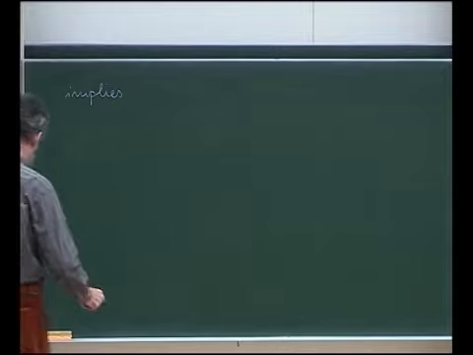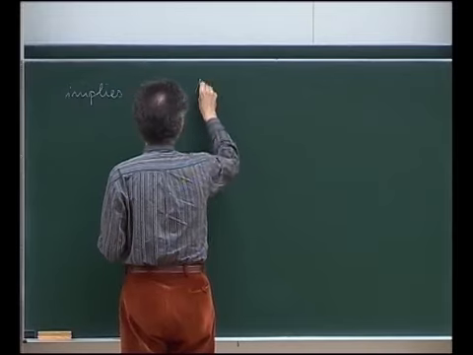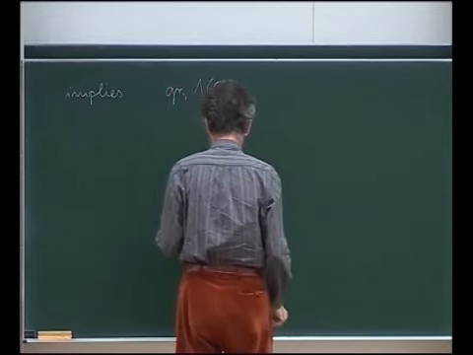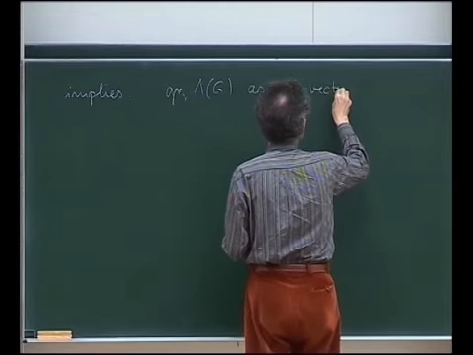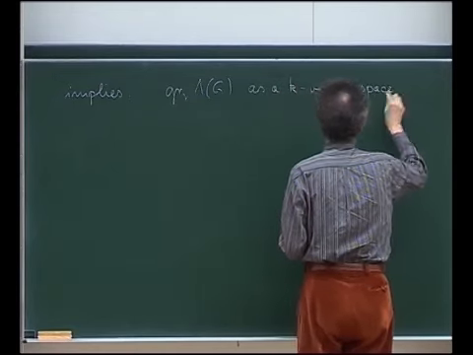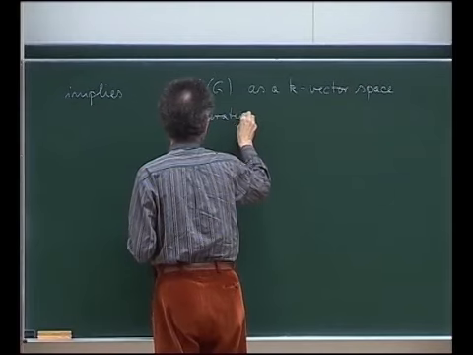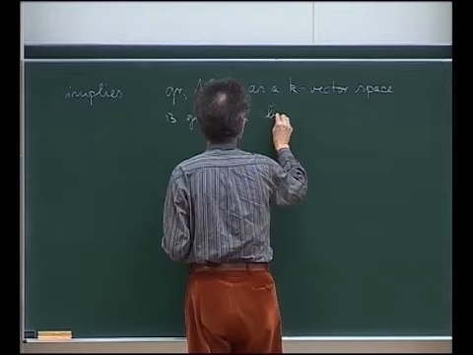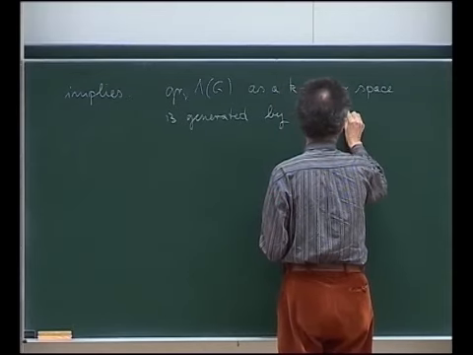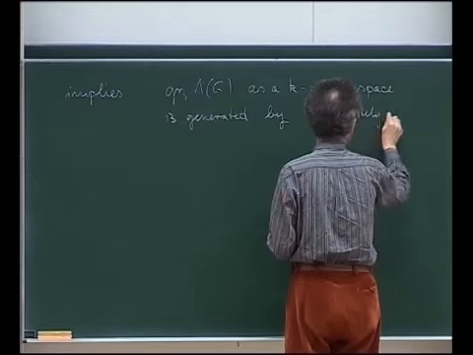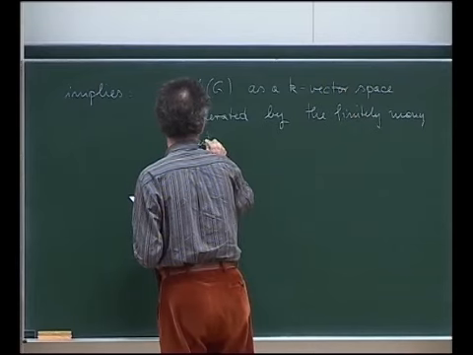So maybe I write it down. It implies that K mu lambda G as a K-vector space is generated by the finitely many elements